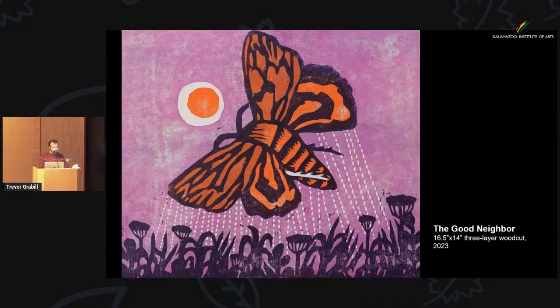The last piece I'd like to discuss is The Good Neighbor. It's the most recent piece that we're looking at today. I actually just finished it last Monday. This print was developed as part of a residency that I'm participating in at MSU's Kellogg Biological Station in Hickory Corners on Gull Lake. It's a 3-layer multi-block woodcut, similar to the second piece we looked at, Let No Fellow